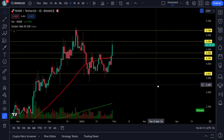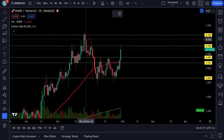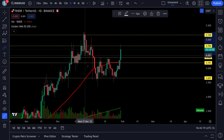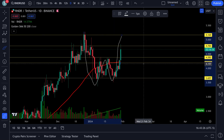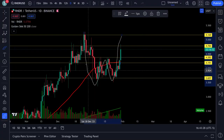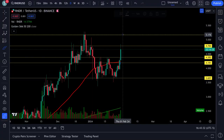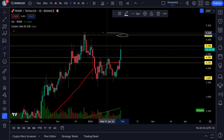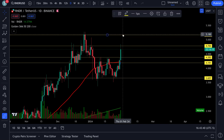With a look at Rndr. All right, you can see a beautiful pattern forming here with this thing. You got a beautiful W pattern. Sorry about the sound effects there, but it's a beautiful W. These normally always end up coming back up to the original price area, usually matching right up here, so we'll see if that happens, but we're going to take a deeper dive in